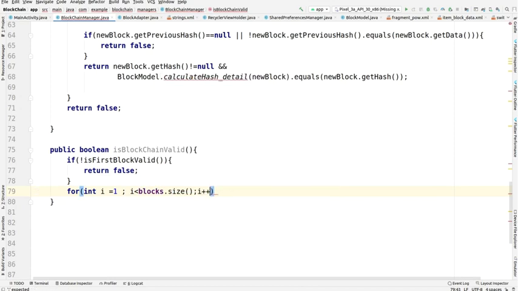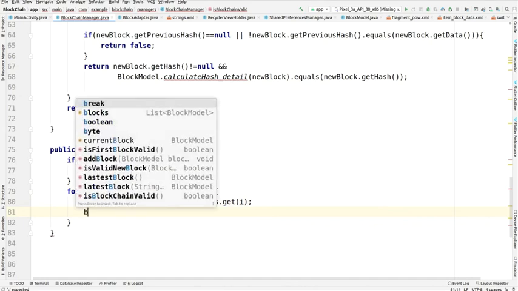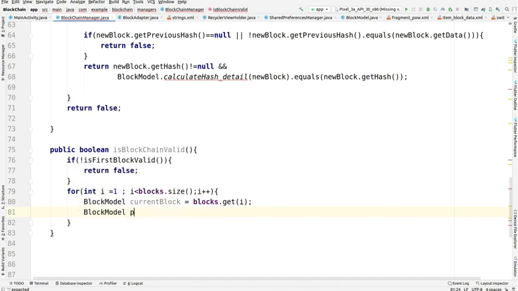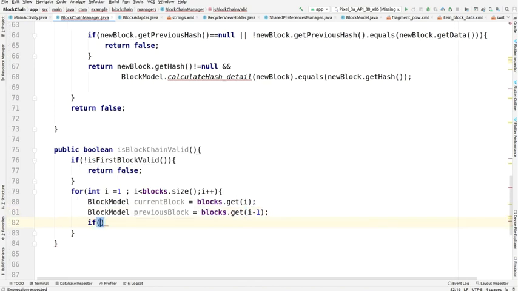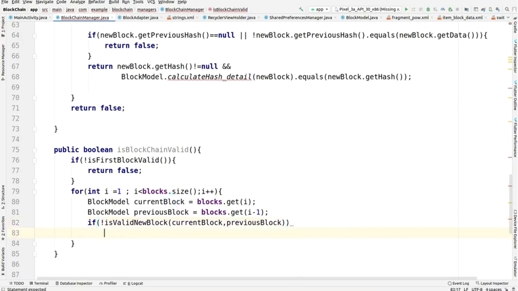And then we have a for loop, and in the for loop we are going till the size of the block list and checking the current block by getting it, and the previous block we are also checking, block dot get i minus 1. Okay, and now the if condition, not is valid new block, we are passing the current block and the previous block within it, and then we are just returning false.